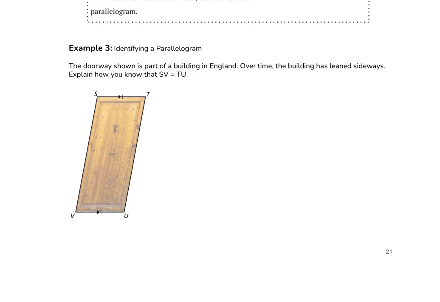So on this one down here, we have this doorway, part of a building in England. Over time, the building has leaned sideways. Explain how you know that SV and TU are equal. Okay? In this case, we want to know why these two sides would be congruent. Okay? So what we're going to say is